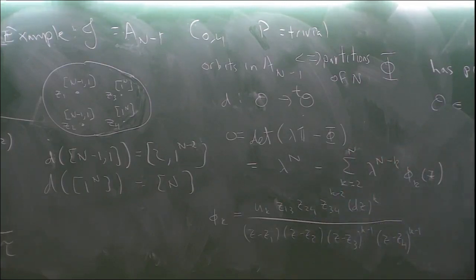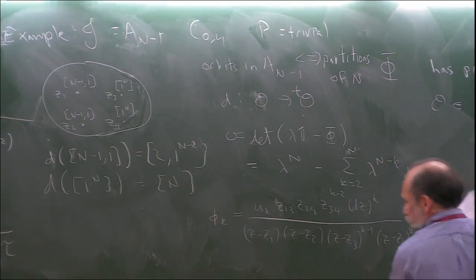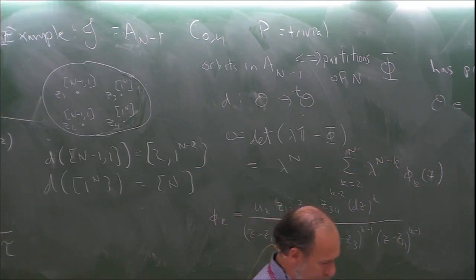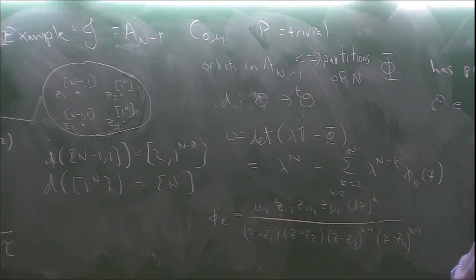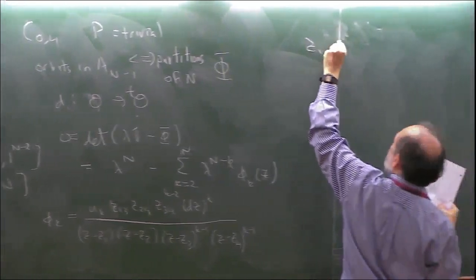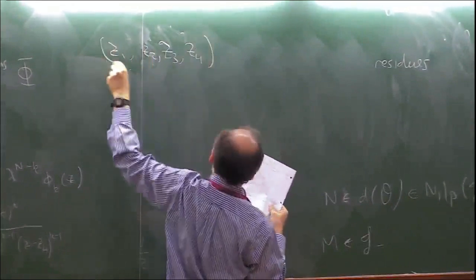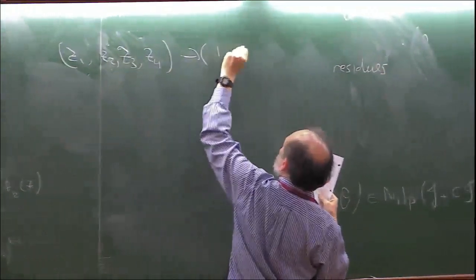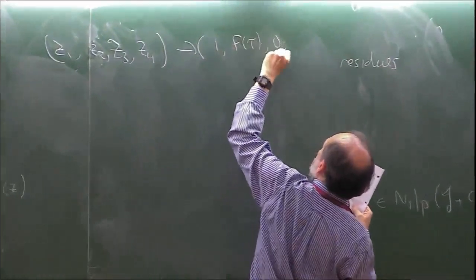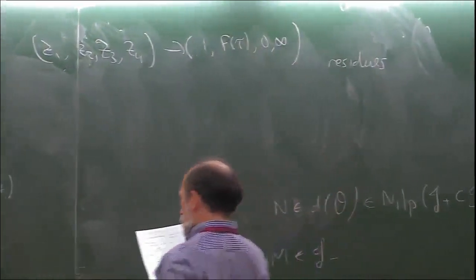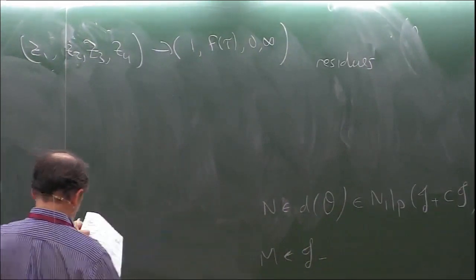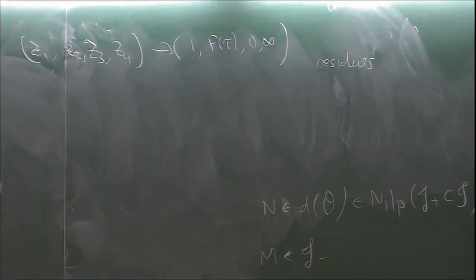And if we use, so the expression I wrote down is complicated looking, but has the advantage of being explicitly Mobius invariant. So we can use Mobius symmetry to set Z1, Z2, Z3, and Z4 to 1, f of tau, 0, and infinity. And then this expression over here just becomes uk